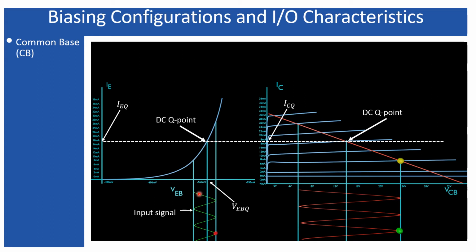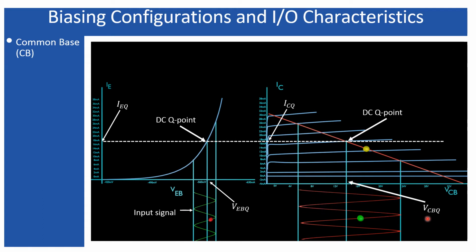The input voltage has a smaller scope to oscillate because the input characteristics look like diode forward bias characteristics. So the nonlinear nature of the input characteristics allows only a small variation across the emitter to base voltage, while on the output characteristics, the output voltage has a larger scope to oscillate due to the linear nature of the output characteristics. And here is the amplification. Here we are achieving the amplification. The voltage amplification, obviously, not the current amplification, because